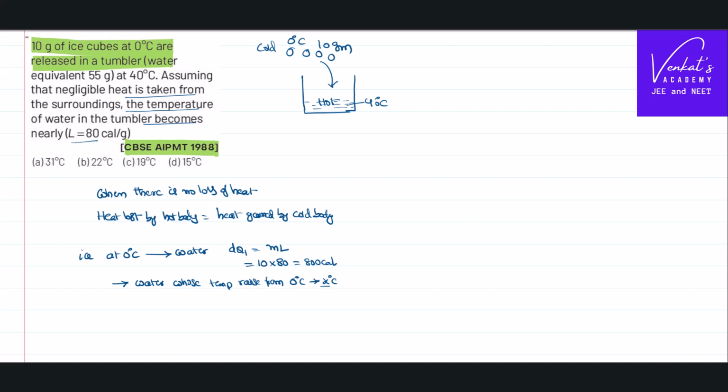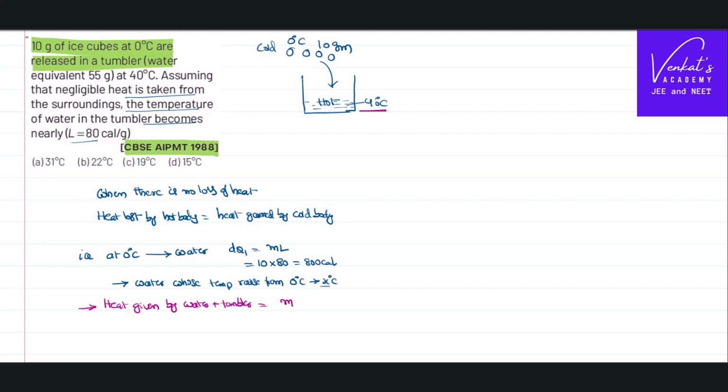That is the heat gained by the cold body. Who will give that heat? This hot water gives that heat, right? So the heat given by water as well as the tumbler together is